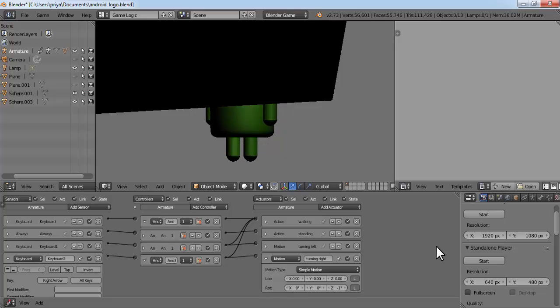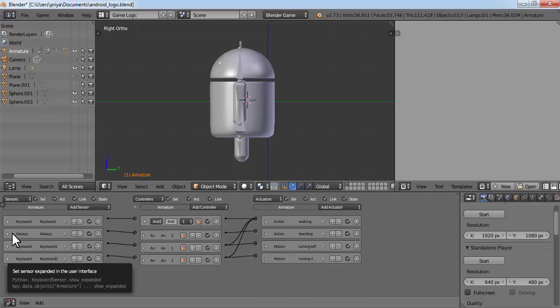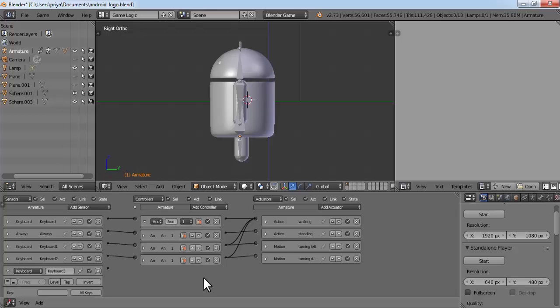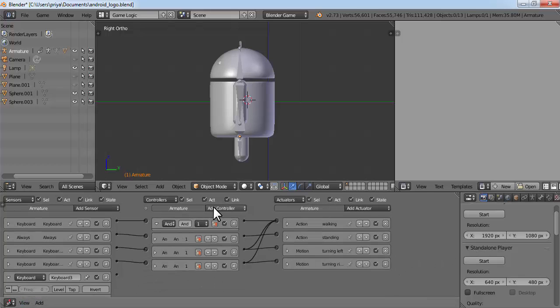Now we'll do the back action. Add sensor, keyboard, add controller and add actuator motion.